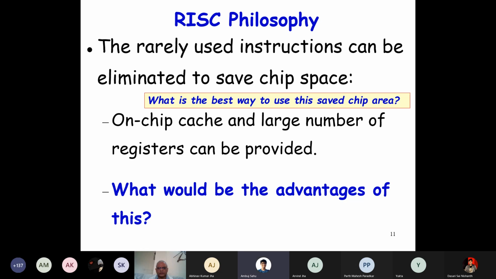Because the intermediate results are getting saved, we can increase the clock rate. We don't have to transfer the results each time to the memory. So that's the correct answer: we reduce the memory traffic. We don't have to each time store the intermediate results in the memory and fetch them, and